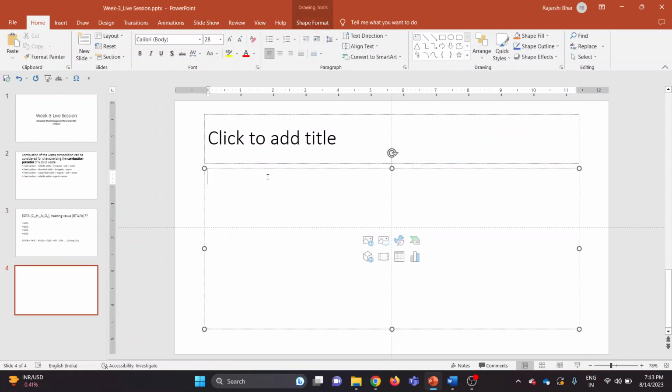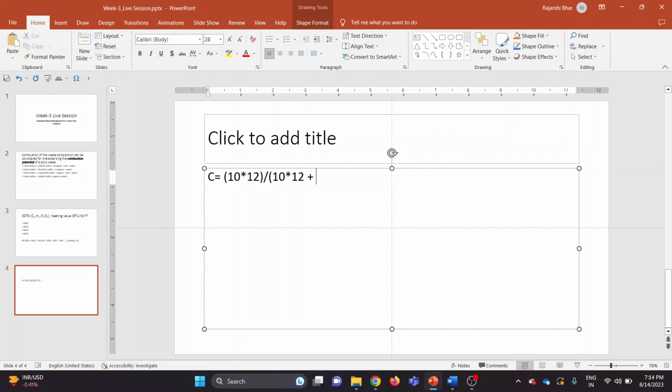Just as I said, in this formula, everything, the C, H, N, S, and O, will be in percentages. So first, I need to determine the percentage of C and the other elements. Starting with C, the formula is C10. So there are 10 atoms of C, each with a molar weight of 12 grams. Going by that, divided by the total weight, that is 10 into 12 for C itself,